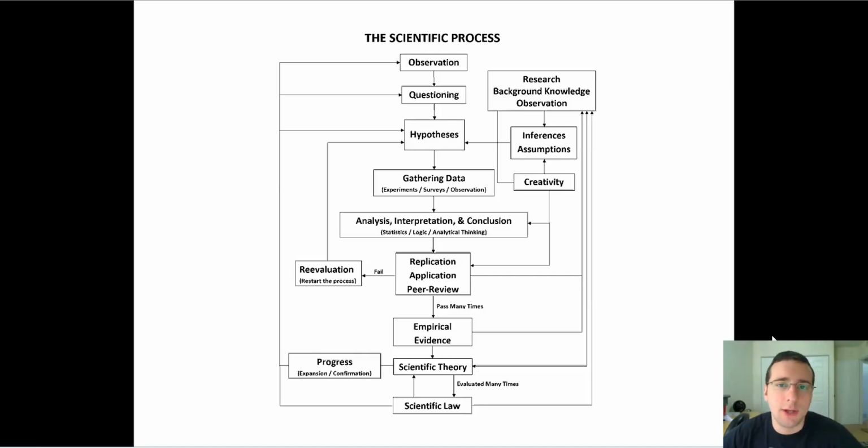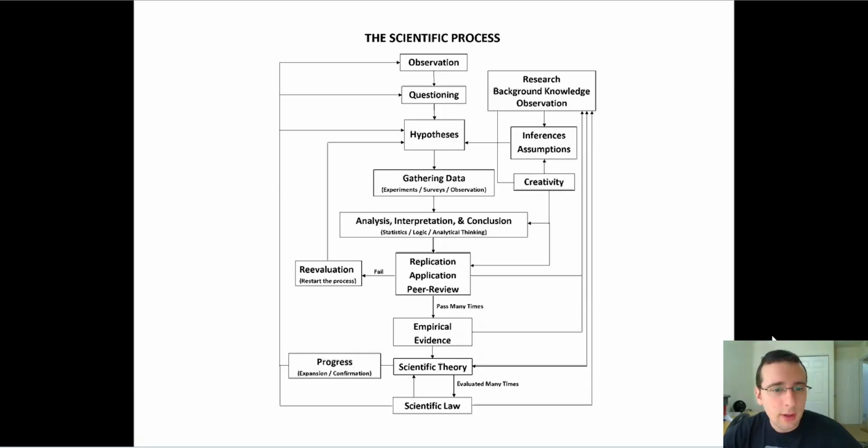So the scientific process is a way to find out the truth about the natural world. We observe the natural world, and that makes us raise questions about things we would like to understand better. And these questions might even be raised about things that we thought we already had understood before. Perhaps we're trying to find a better way of understanding them.